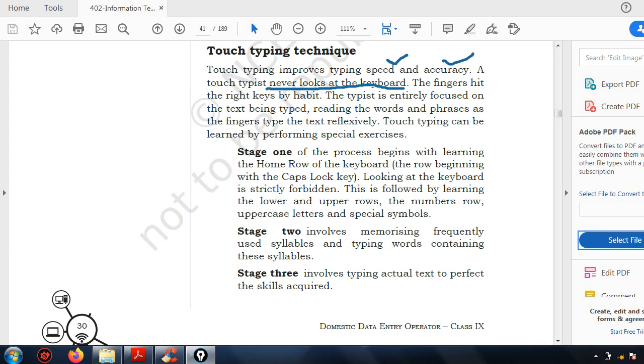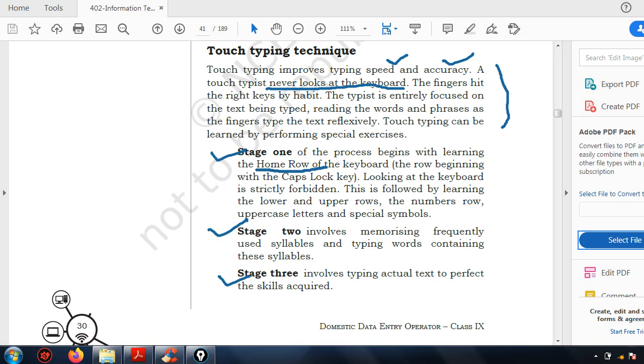Touch typing can be learned by performing spatial exercises. To master typing, we have three stages: stage 1, stage 2 and stage 3. Stage 1 of the process begins with learning the home row. Now tell me, what is the home row?